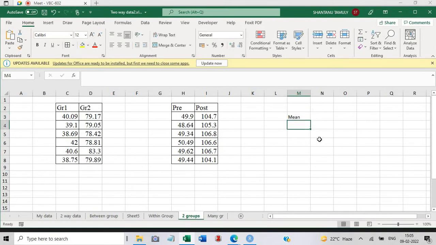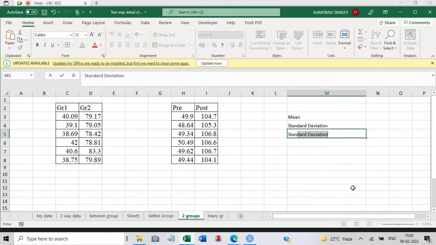The second thing you are required to find out is the standard deviation. And thirdly, which is quite commonly used, the standard error.